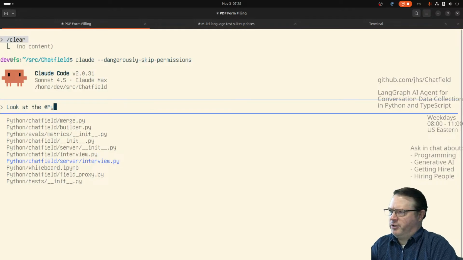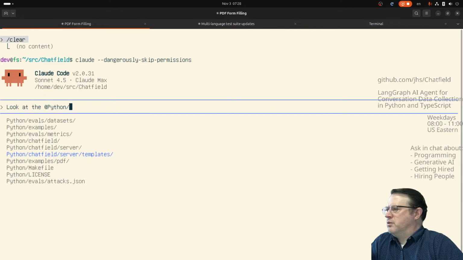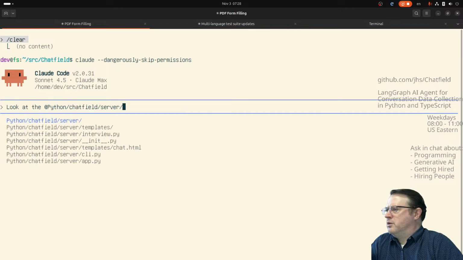Okay, I know two things I want to do. Let's see. The server CLI. No, I think that's good, actually. The server CLI is good. No, I think that's in good shape. What I want to change is, so what do I want to change? What I want to do is